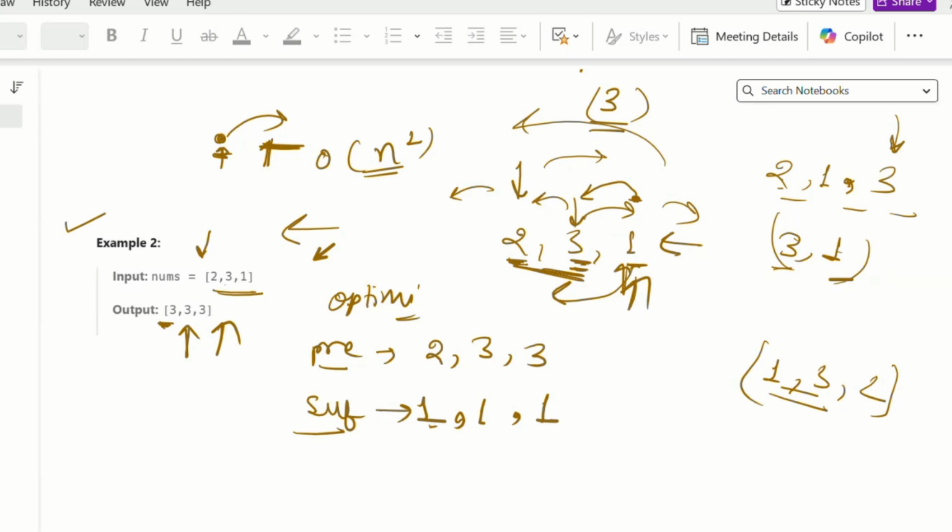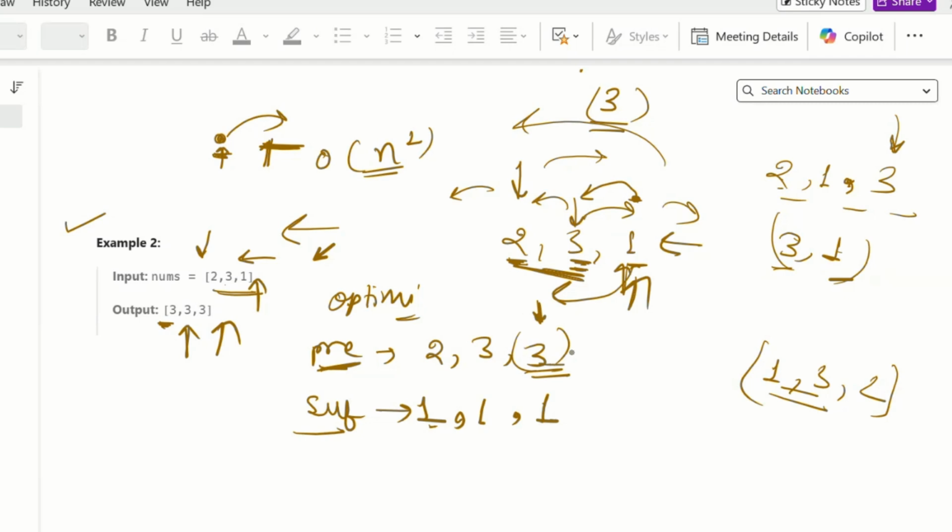Now for our answer, we will move from right to left. One thing is clear: the last index value will be the prefix of that index, because in prefix we find the maximum value before that index.